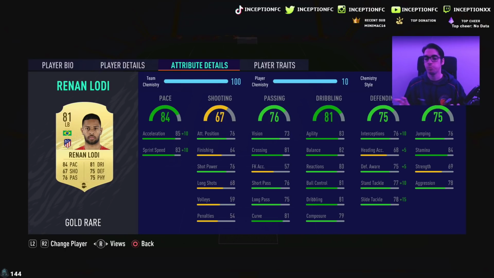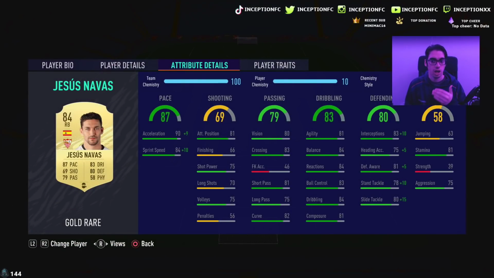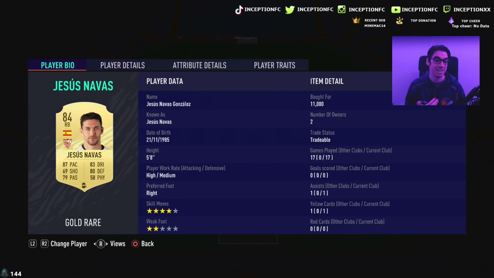This is the cheaper variation of a fullback you can get that will be able to offer those types of things for you. And then it's a very similar situation to Jesus Navas, where Jesus Navas has the pace and the defense to be able to track back and move into certain areas. And the cool thing with a player like Jesus Navas is the fact that he has 4-star skill moves, which is actually incredibly helpful from time to time for like heel to heels or whatever,